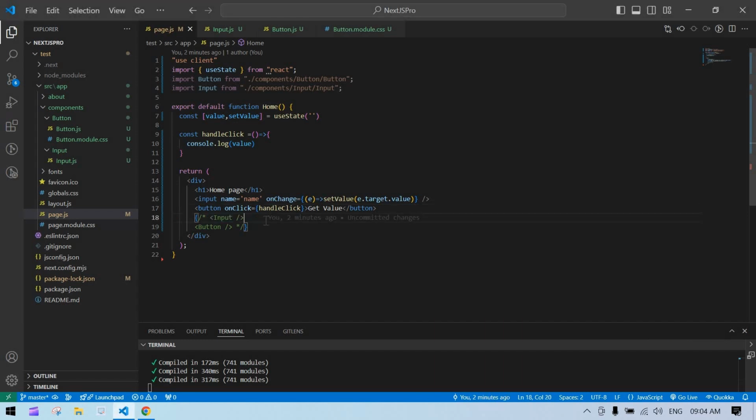In this video, I'm going to tell you how to get a value from reusable input component in Next.js. Yeah, let's start. In previous video, I have explained how to get a value from input field here directly in this page. Okay, so right now I don't want this, so I'm going to uncomment this because we are going to use